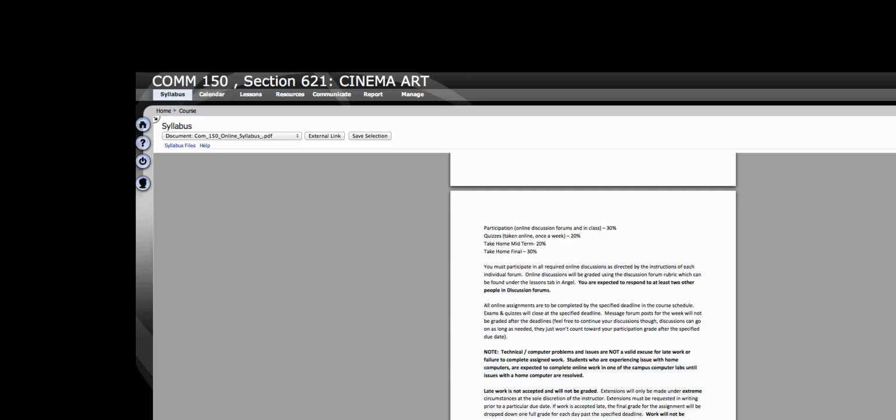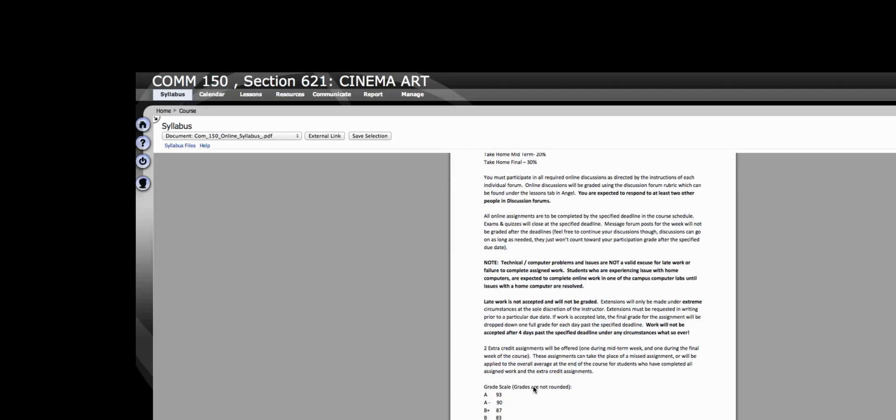If you do all of the assignments and you do the extra credits, they will go right onto your final grade, and they will typically boost you up. So for example, if you did all the assignments and you ended up with a B+, the extra credits can push you to an A-. Here's the grading scale. Grades are not rounded.